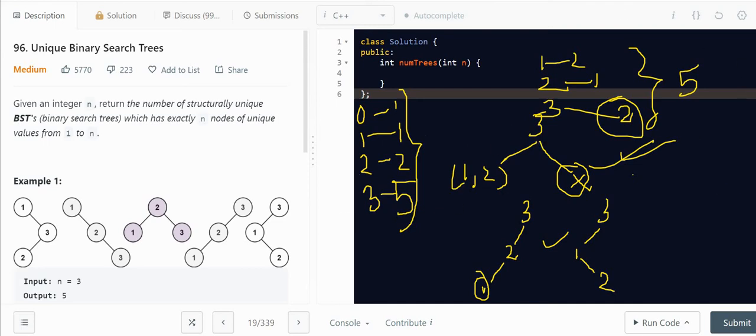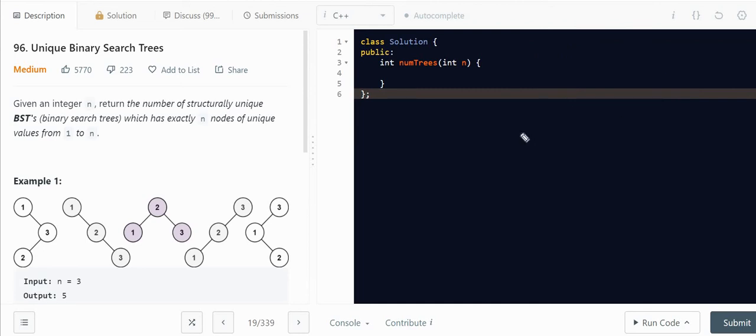And there is also another approach, that if you find f of 4, let's say, so there are 4 numbers, how will you find? So you have to make the total list of possibilities.